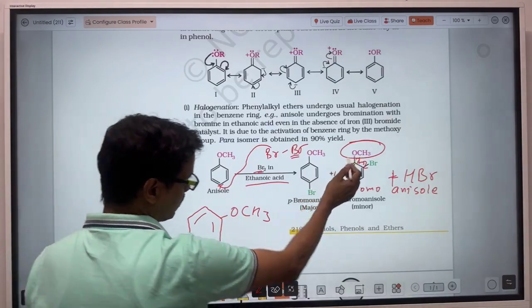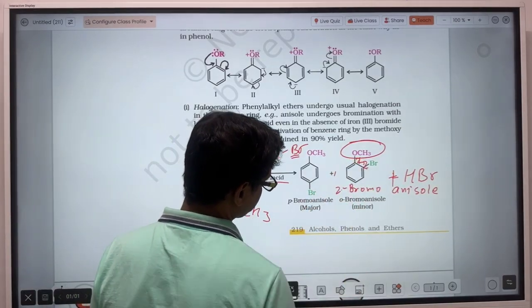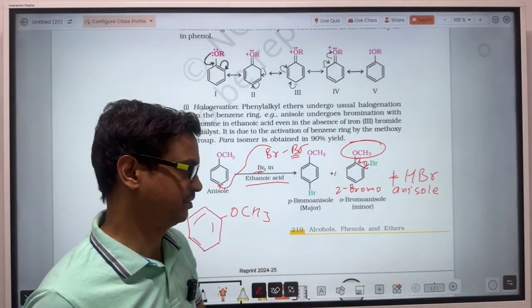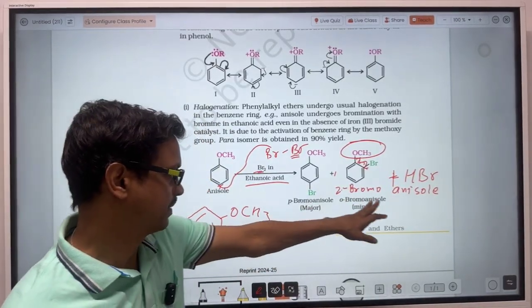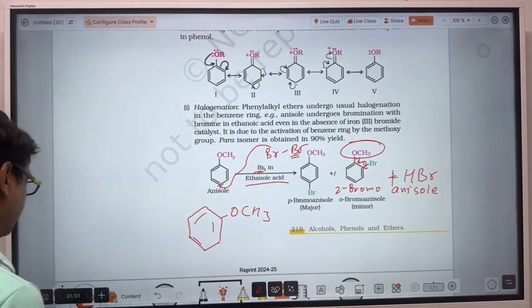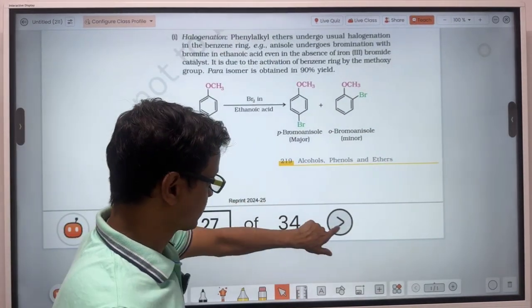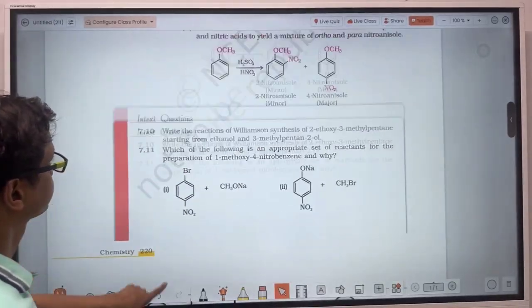So in this anisole, bromine has been bonded to the ortho position. So the common name will be ortho bromo anisole, or the IUPAC name will be this one. That is one electrophilic substitution reaction. Next one,